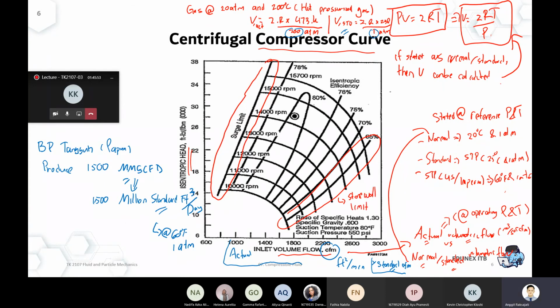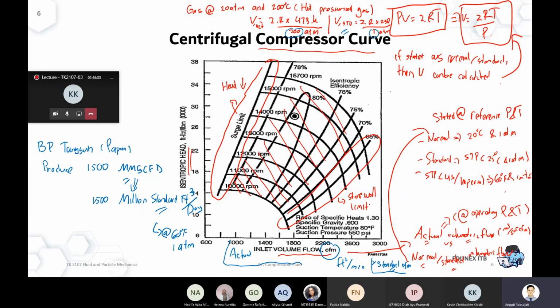So for this kind of compressor, your safe operating limit would be around this point. You don't want to cross the surge limit. If you cross the surge limit, the head will decrease very significantly. It will also hurt the compressor, because the flow rate going into the compressor is too small while the compressor keeps rotating at the same speed, so it accumulates heat and could overheat.